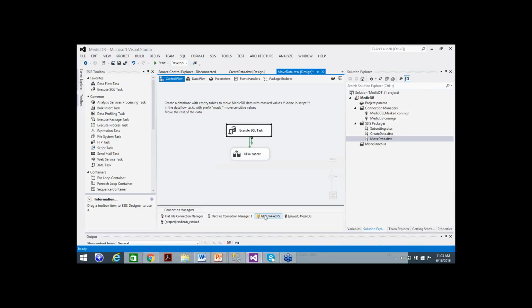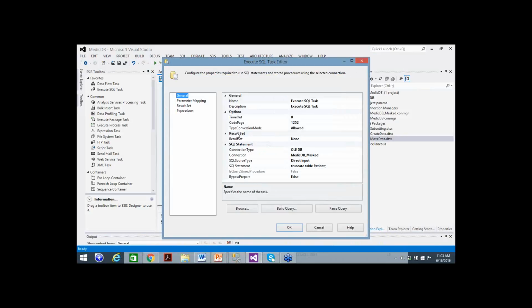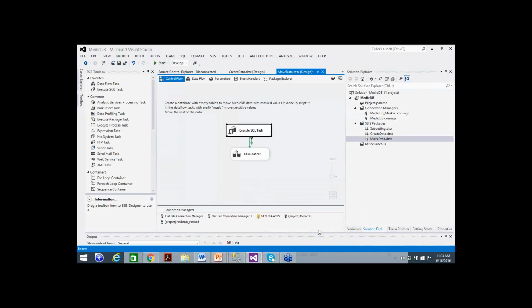So here we go. We do data masking in SSIS with a series of components. We have two databases right now, and one of them is working as the MagicDB, and the other one has a masked table with masked data. One of them is a production environment with unmasked data, and the other one is a development environment with masked data. I will truncate data in the development environment really fast,